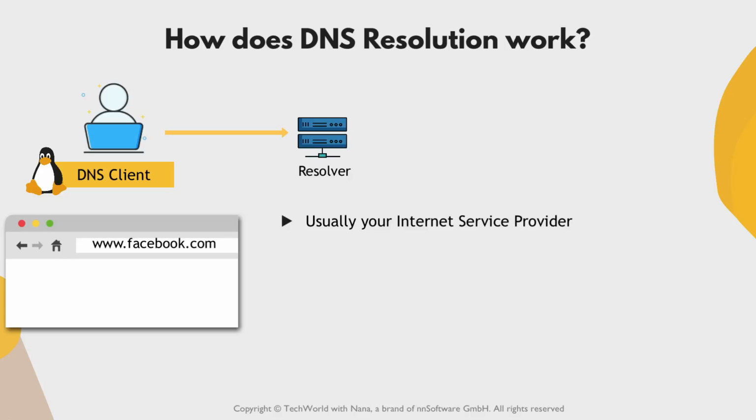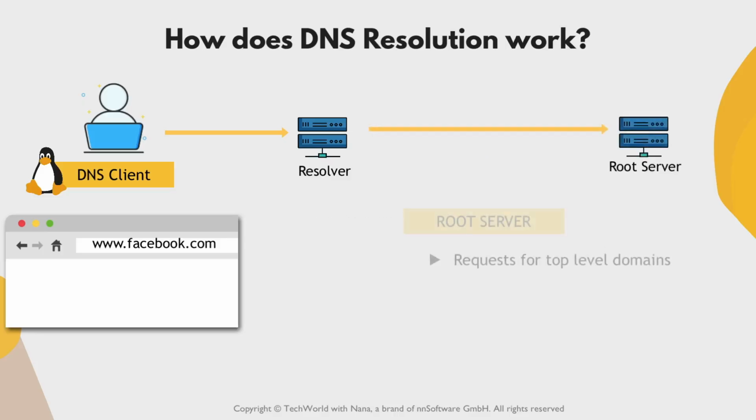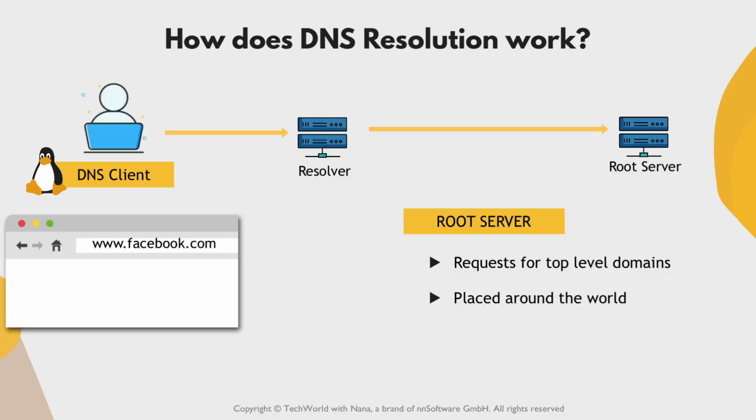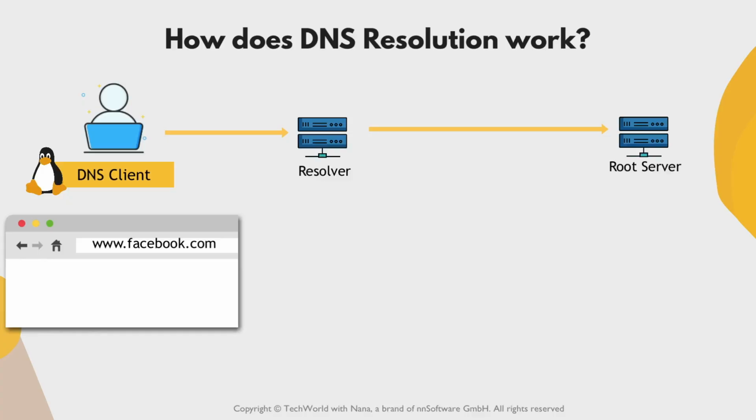And your recursive name server might have the IP address already stored, but if it doesn't, it will go to one of the 13 root servers, which manage requests for top-level domains. These root servers are redundantly available all over the world so that you get your response quickly. The root server will then look at the address and see .com, and it sends a response back to the resolver saying, I don't know what the address of facebook.com is, but here's the address of the .com domain server,